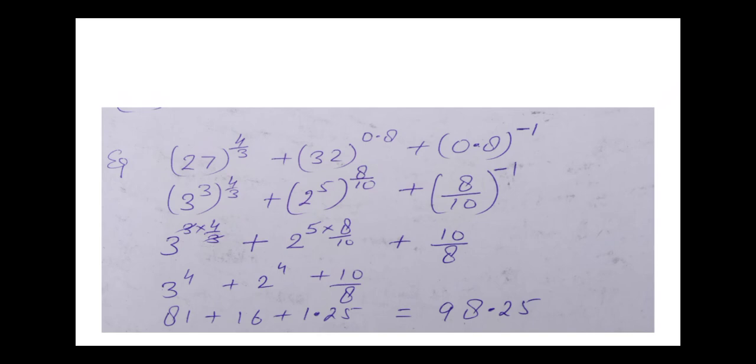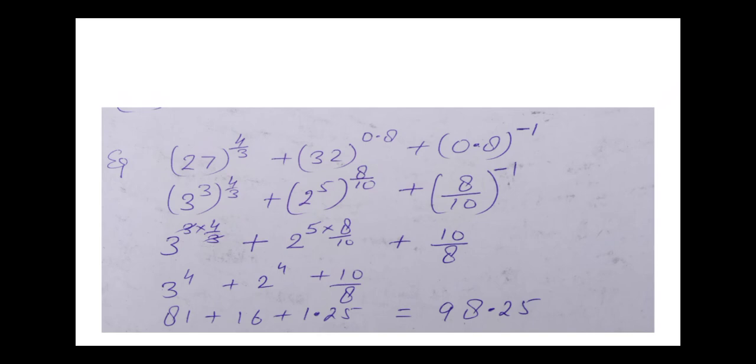Now, how can we solve the question? The best way is to factorize the given number. Find the factors of the given number. We will see here. We are given 27 to the power 4 by 3 plus 32 to the power 0.8 plus 0.8 to the power minus 1. So what we will do first of all,